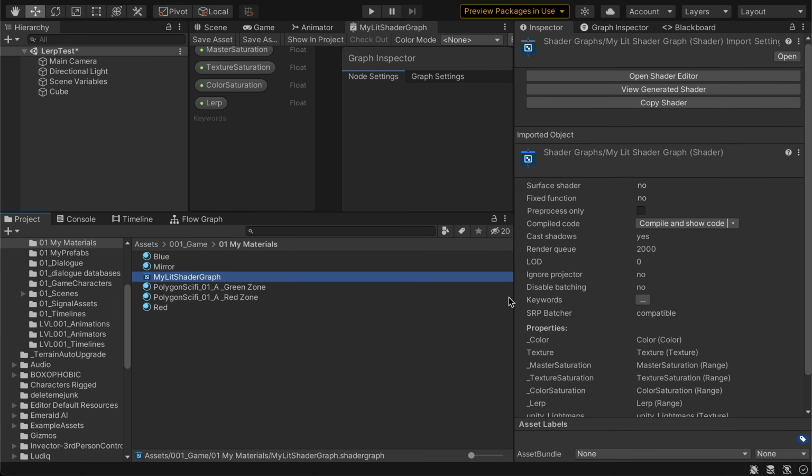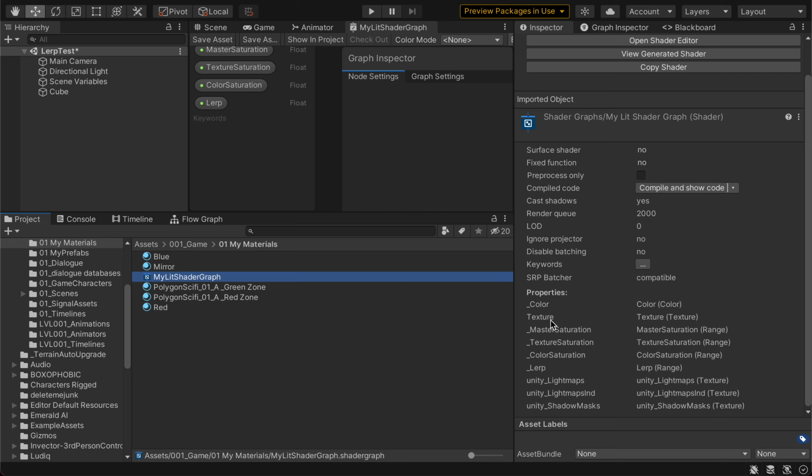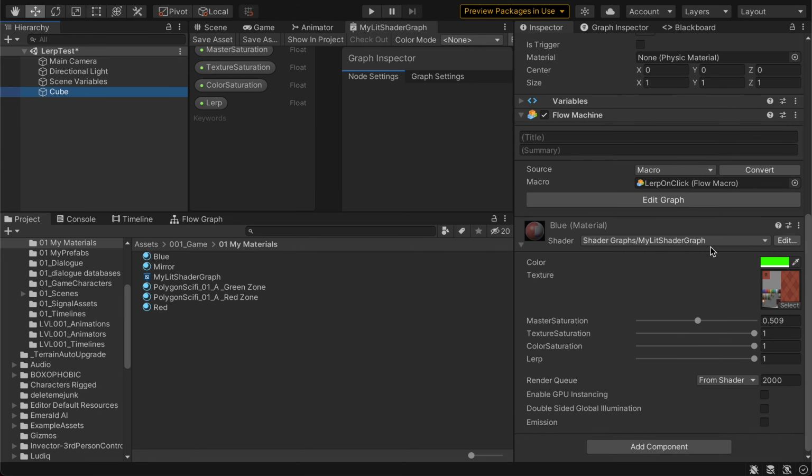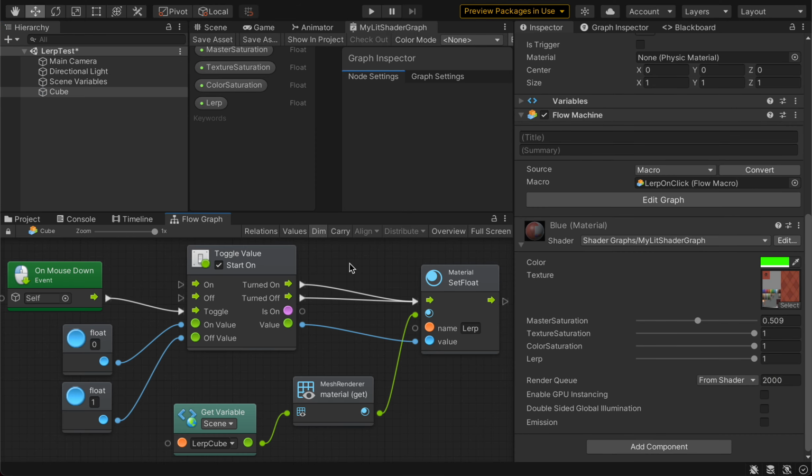So in the shader graph, if I come down to properties, I can see that lerp is lerp and it is a range. Now on the same object, I have a flow graph. The flow graph is set up so that on mouse down, if I click on the cube, it will toggle between two values. It will toggle between 0 and 1, and then the output for both the on and the off state go